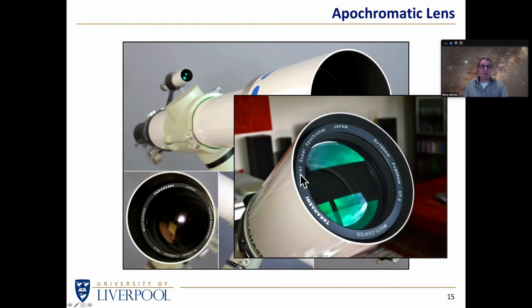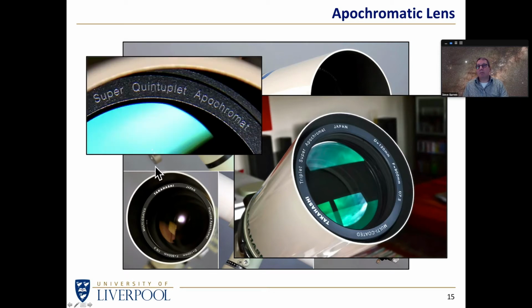Here we see it's explicitly labelled as a triplet achromat. The super doesn't actually mean anything, but the triplet tells us that there are 3 lenses in this particular objective, which gives us very good colour control. Some telescope manufacturers go beyond simply 3 lenses. In principle, each lens you add allows you to deal with certain aberration, but of course each lens you add will absorb some of the light, and so generally most people would stop at 3, but there are some manufacturers who are quite happy to go to quintuplet achromats and have 5 elements to try and keep the